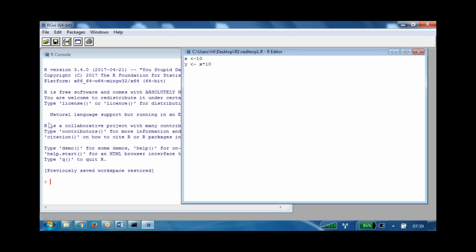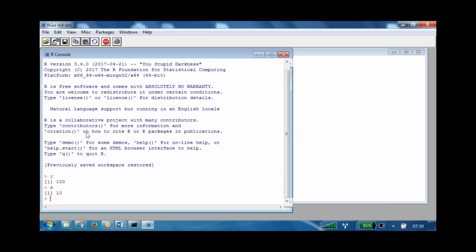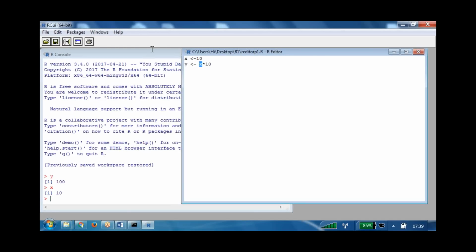But you already have that in your main code. Here, what we have is results only. For example, if I ask to print y, it prints. If I ask to print x, it prints. But what is the logic I used for y? The calculation of y, some logic I used, right? That logic is I did x into 10 here. I come to know that by going to the editor.